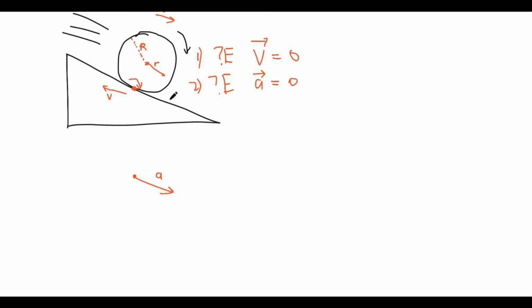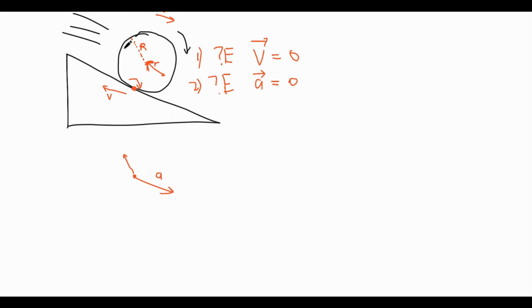So, of course, that's not all the acceleration that there exists on the disk. There's also centripetal acceleration. Centripetal acceleration will be pointing in the opposite direction, well, in this direction here. So this is the direction that centripetal acceleration will point. So is this all? Well, there's actually one more acceleration that we haven't taken into account for, and this is